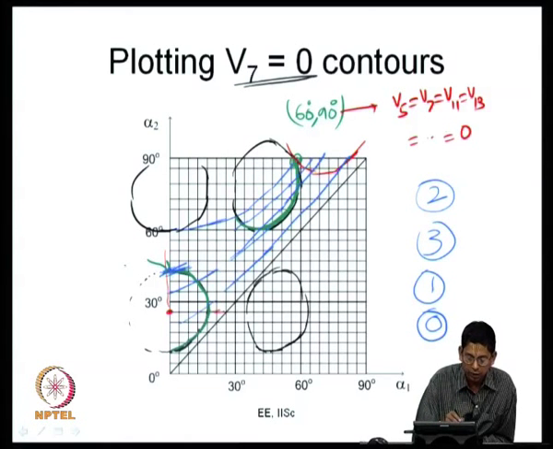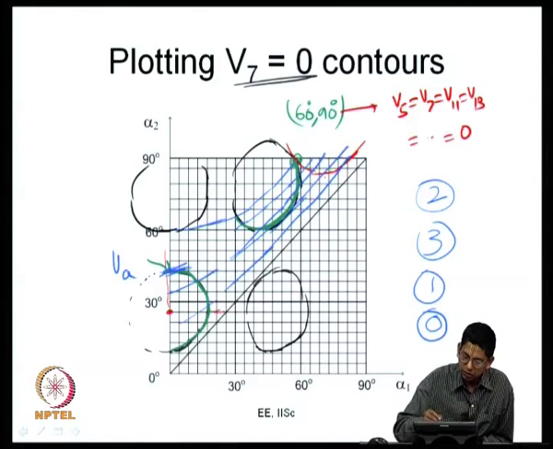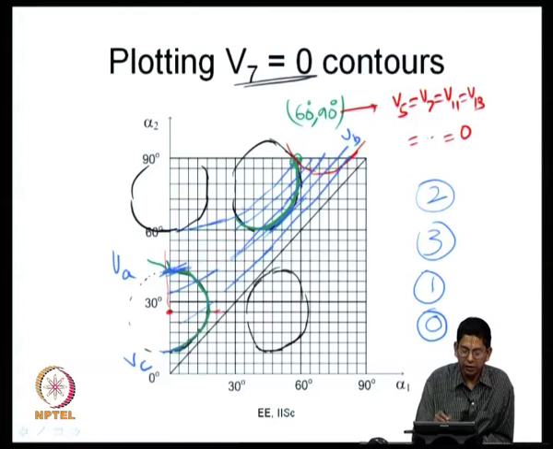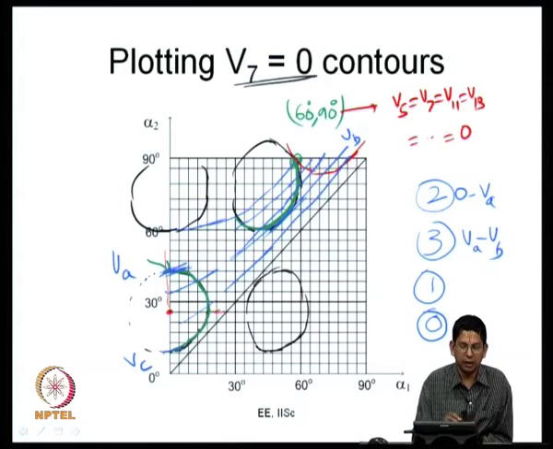So, let me call this fundamental voltage V A, and let me call this value which is tangential V B, that is, the line fundamental voltage equal to V B is tangential to this green curve now, and then you may have some voltage V C. So, between 0 and V A, you may have two solutions, and for the range V A to V B you may have three solutions, because this will intersect twice in this curve and it will intersect once in this left bottom curve.